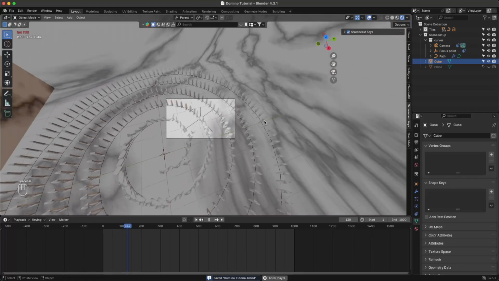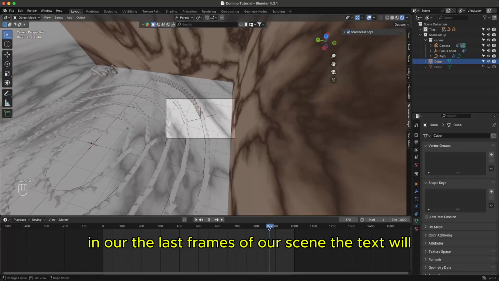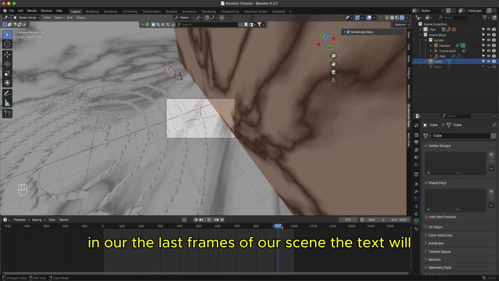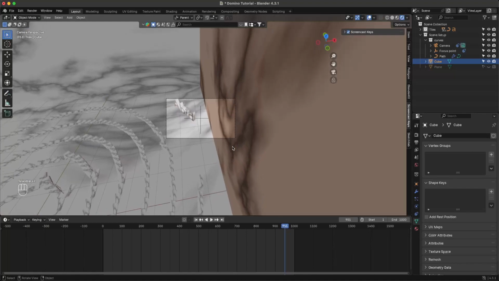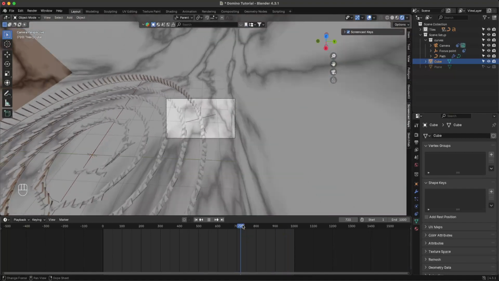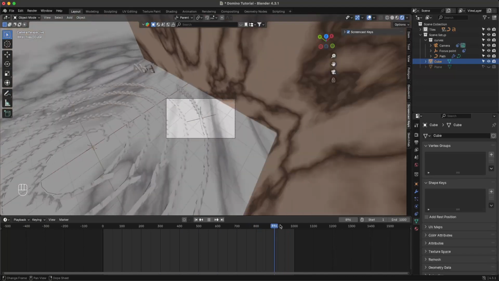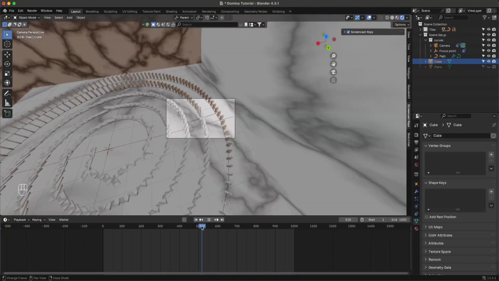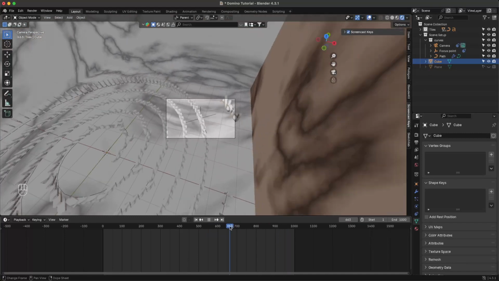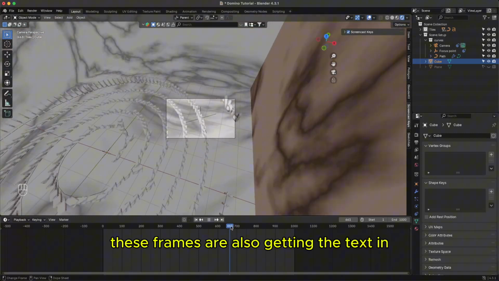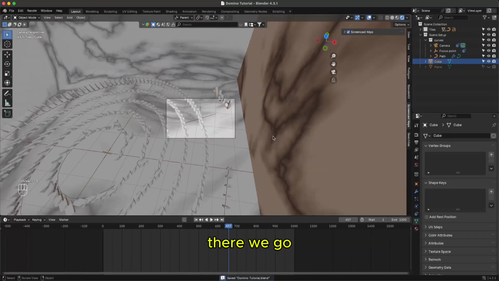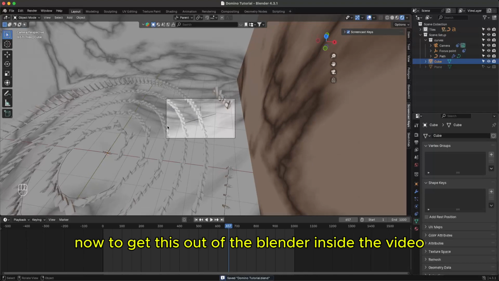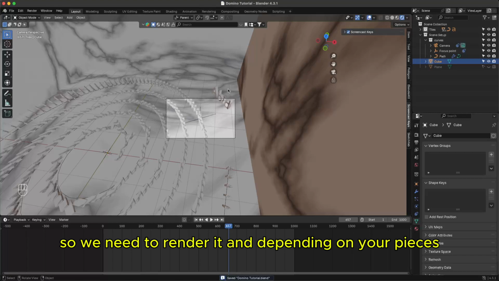And that's it. In the last frames of our scene, the text will be visible. Let's see. These frames are also getting the text in. There we go. Now to get this out of Blender inside the video, we need to render it,